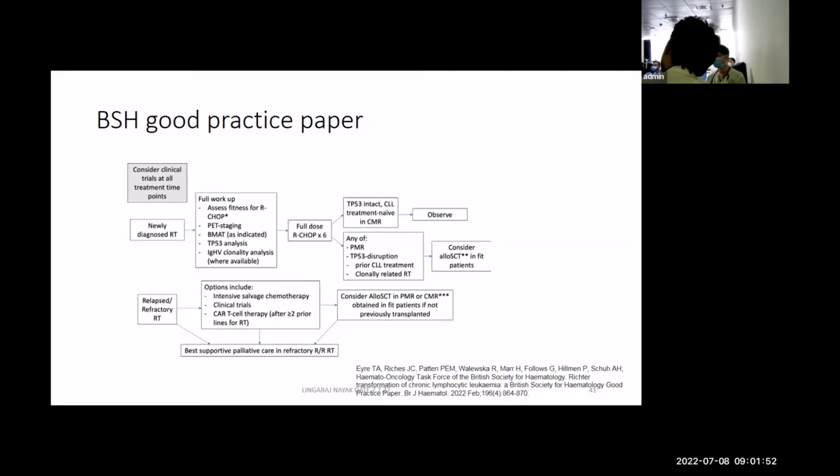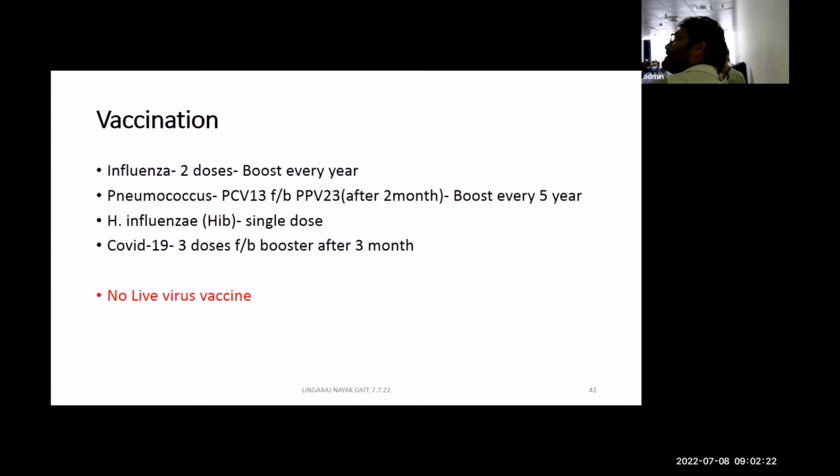So it is good if the patients are fit and they have a matched sibling donor, they should go for transplant. Now, auto versus allo, there are data from the EBMT group, pretty similar. The relapse rates are quite high if you do auto. With allo, again, the risk of treatment mortality is high. So somewhere between 30 to 60% is the outcome if you see from the EBMT data. But if the response to chemotherapy is not good, they are typically TP53 mutated, clonally related, they should undergo something beyond chemotherapy because they are not going to do well, right? So these are the garden variety of Richter transformation that you will see clinically.